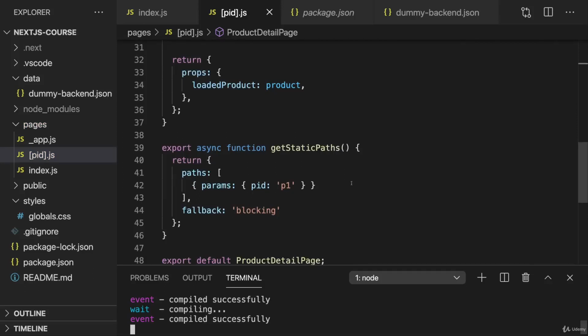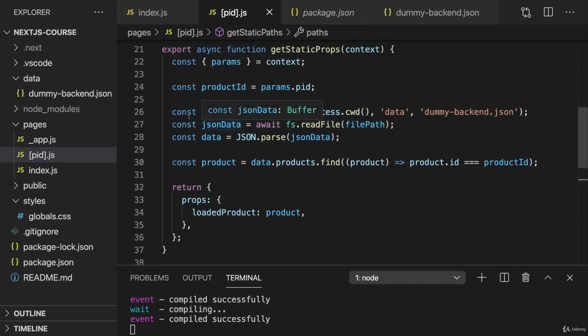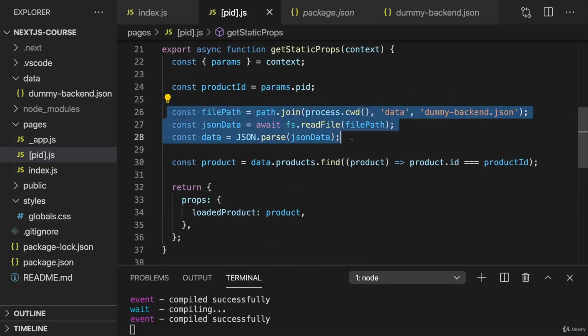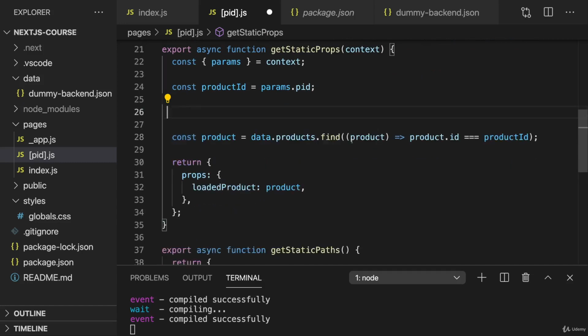So now we learned about getStaticPaths. At the moment, the way we use it is still a bit unrealistic though, because I hard-coded my PID values here into this function, and in reality, we would be fetching this kind of information from a database or a file as well. So therefore, in reality, we would basically just repeat this code here,